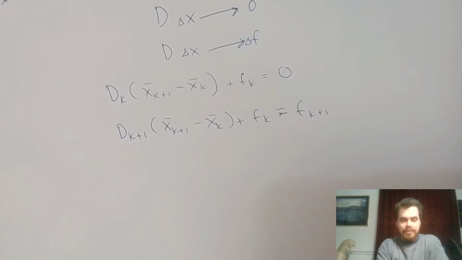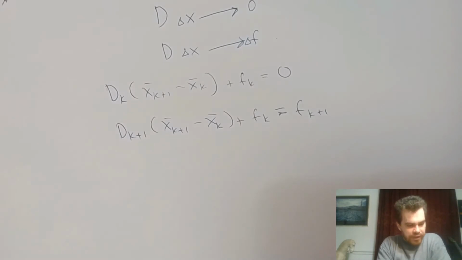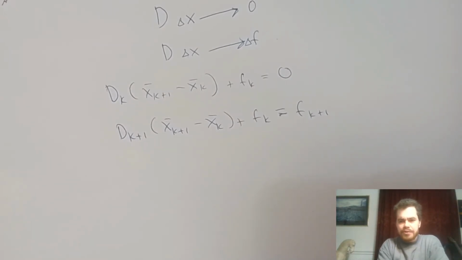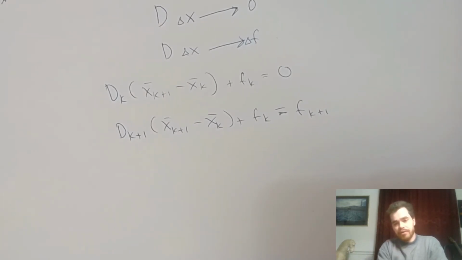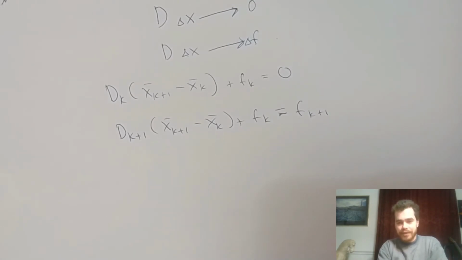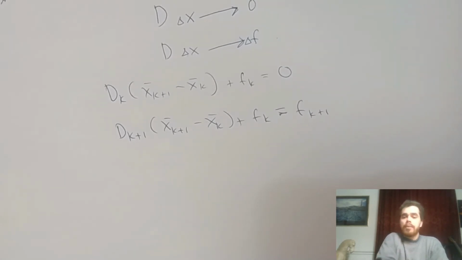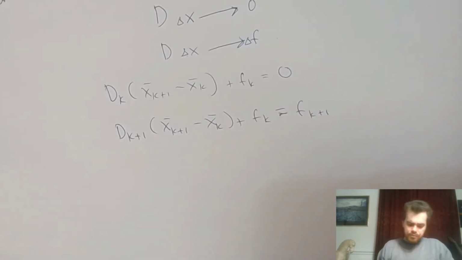Now we come to the clever assumption part, and I will be perfectly honest, I still have some issues with this, but you can't argue with results. It does work, and I'll talk a little bit about why I think maybe it works. But really, if you know why it works and you're watching this video, you already know probably how Broyden's method works, and you're probably not watching this video. But if you happen to be, and you do, say something in the comments. So the clever assumption is,